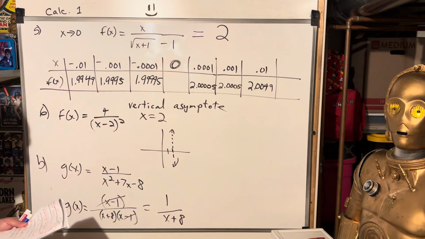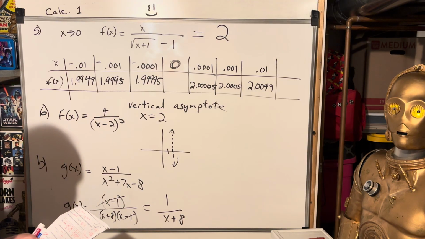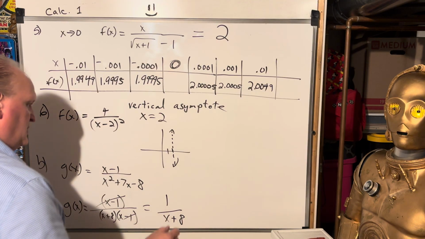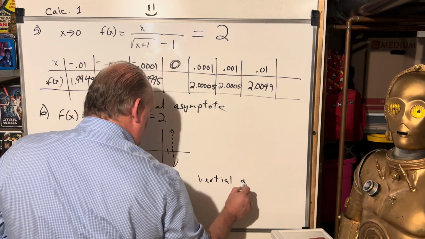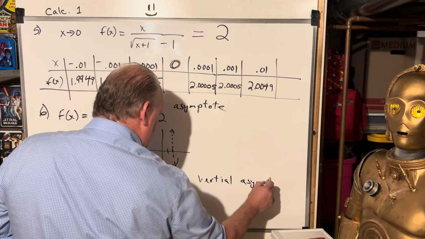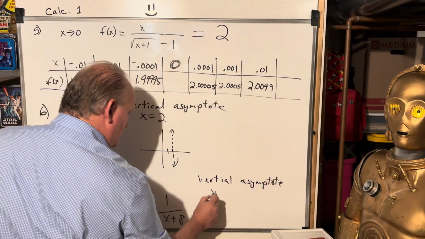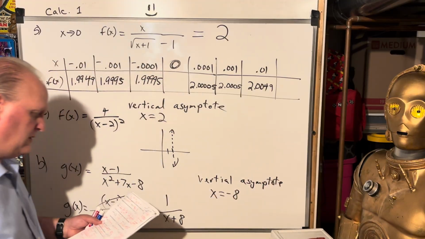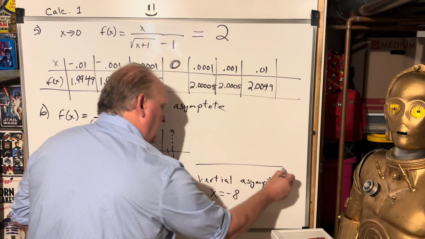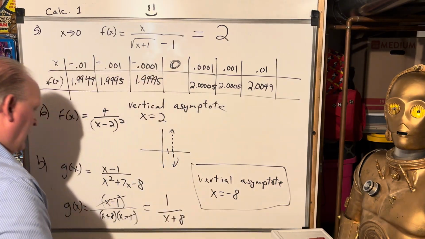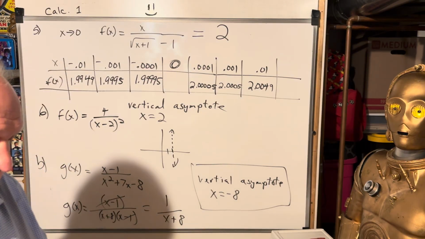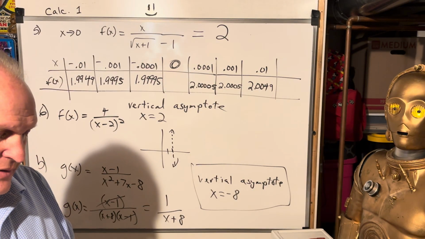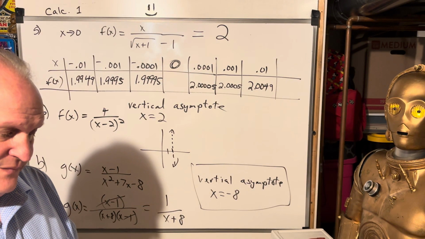Now, again, they're only interested in vertical asymptotes. So there is a vertical asymptote at x equals negative 8. There is a hole at x equals 1, but they didn't ask for any discontinuities. They just want the infinite discontinuities. So